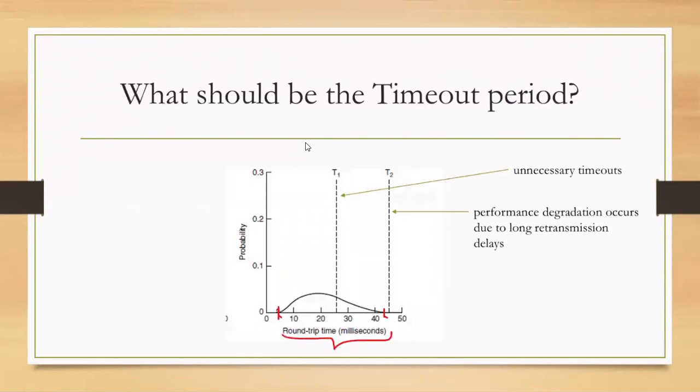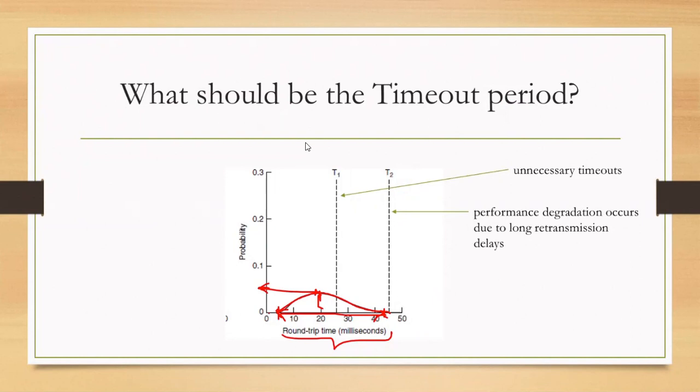At this point, the probability is 0. You can see the height of this curve is low, and its width is also very large. That means the round trip times can vary a lot,